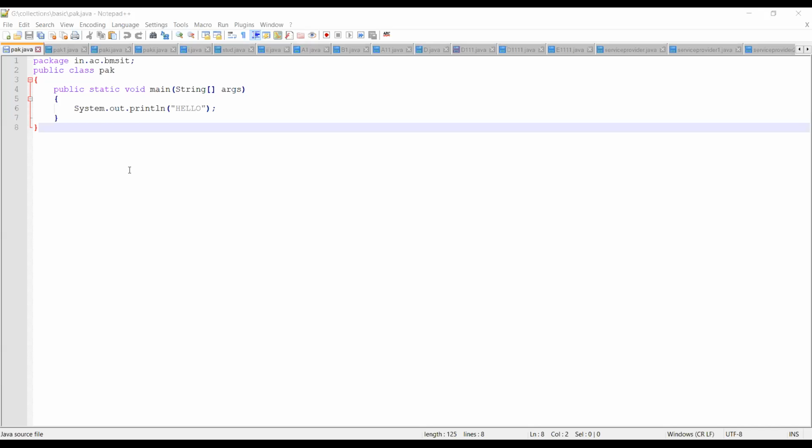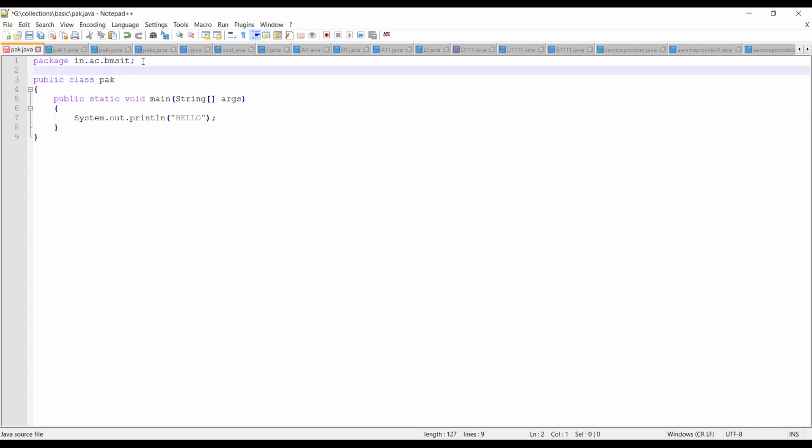So now I want to illustrate one thing with the same example. For example, say in.ac.bmsit is there. Now, can I write one more package? Say for example, package. I want to include one more package. Let me call it pack one. Actually, this is a very simple one I am using to illustrate. Actually, I'm supposed to use the internet domain names in the reverse order so that it will be unique. Okay, simplified one, I'm simply using pack one.